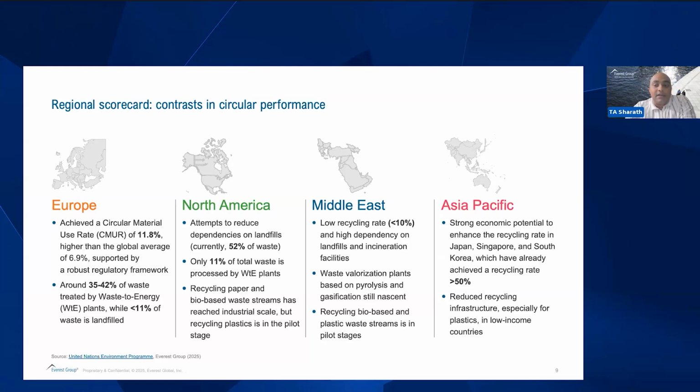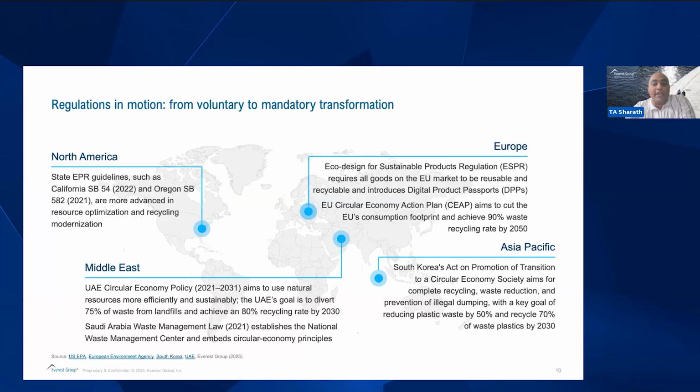So in the next slide, let's talk about the region-wise regulatory policy and how it aids circular economic models. Again, I'm going to start off with Europe because that's the best performing region. They have the Circular Economy Action Plan, which aims to reduce the EU's consumption footprint and achieve a 90% waste recycling rate by 2050. They're currently at around 50 to 56% in Western Europe, so they are not so far off, but it still needs progress. When it comes to North America, they have the National Recycling Strategy, which aims to achieve a 50% recycling rate by 2030. Currently, they are at around 37%, so they're not so far off.